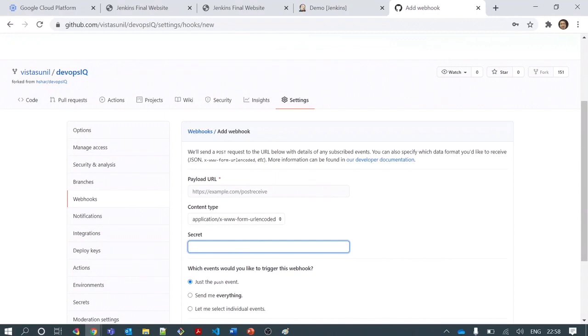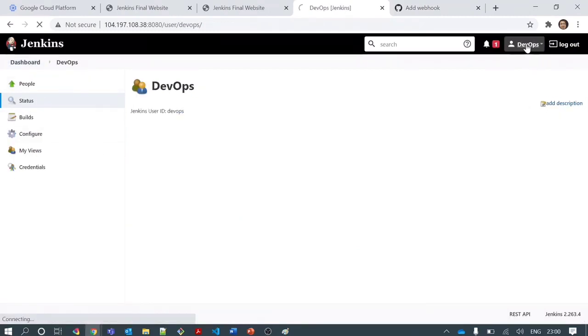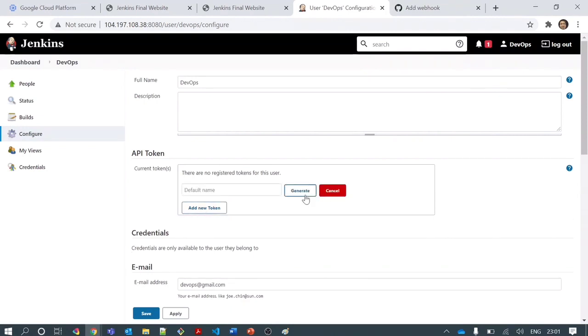This can be any type of authentication. So one will be Jenkins secret authentication. Without secret authentication, a webhook will not work. So I need to generate one secret here. I need to go to my user from which I need to trigger the webhook, and in configure I can generate a token for my account using generate,